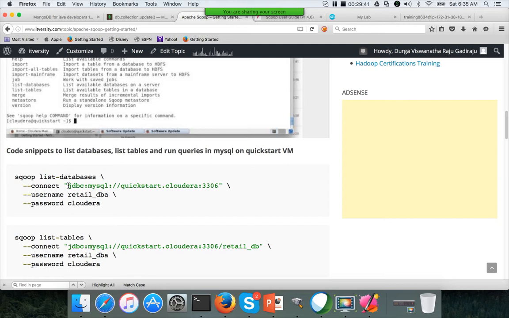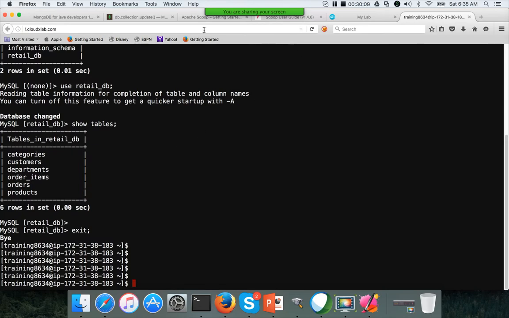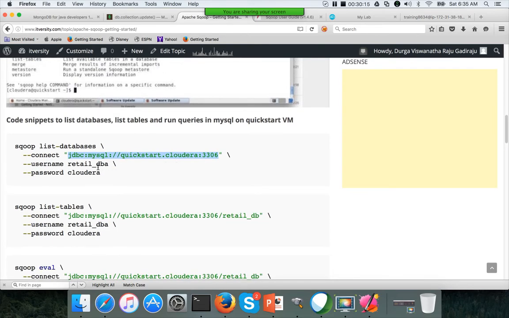And you have to memorize these things if you want to give the certification. In certification, they might not provide this directly, but you will have the Sqoop user guide. Here there will be examples and you can search for it. But in some of the certifications, if they don't provide the documentation like this, then you have to memorize and give the URL. Okay. So here, then it takes two other parameters such as username and password.